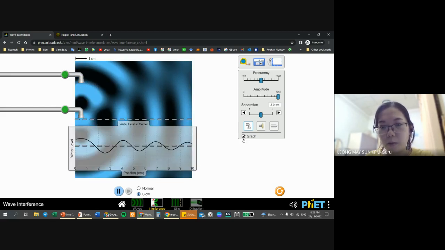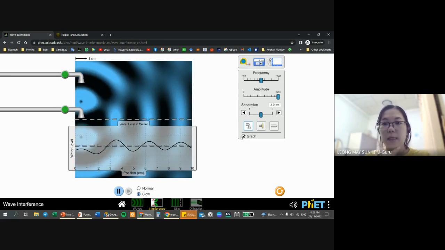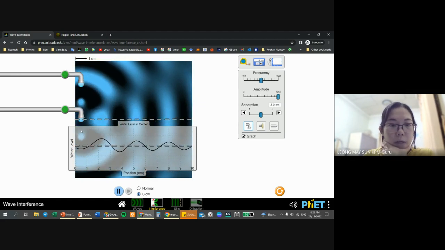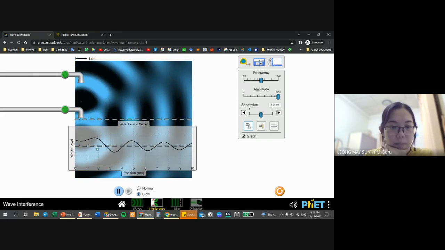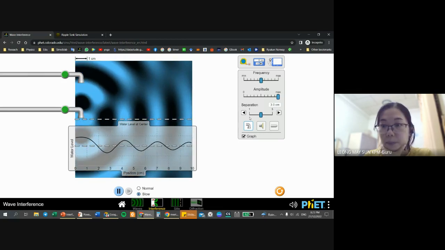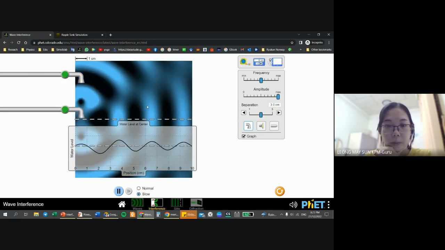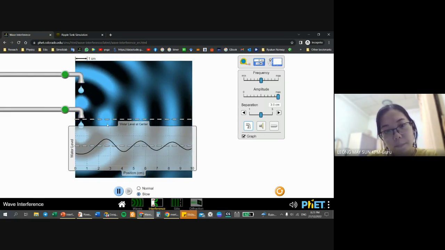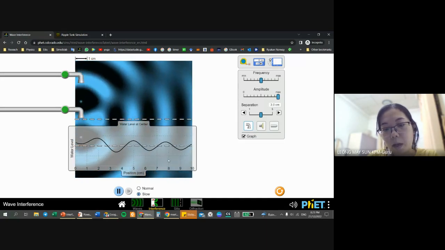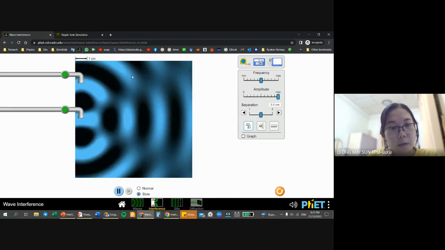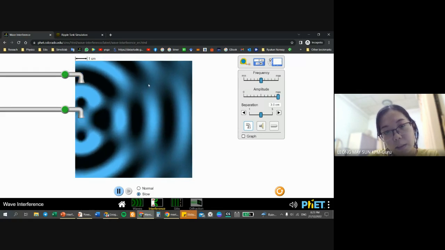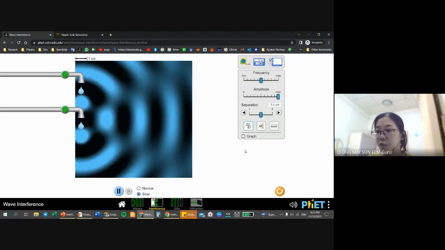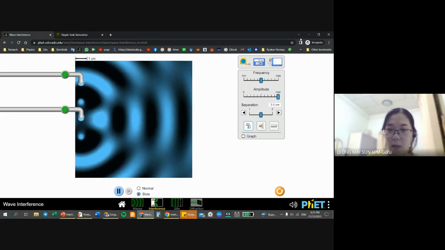So what I'm going to do is have this graphed over here. This is different from what I had last time. How come? You can see that when it drips down, you can see the amplitude over there. There's damping here. So we can see the interference happening. I'm just going to take this away. Do you notice this blur line over here? This is where destruction is happening. Destructive interference is happening. I'll explain that in a short while.